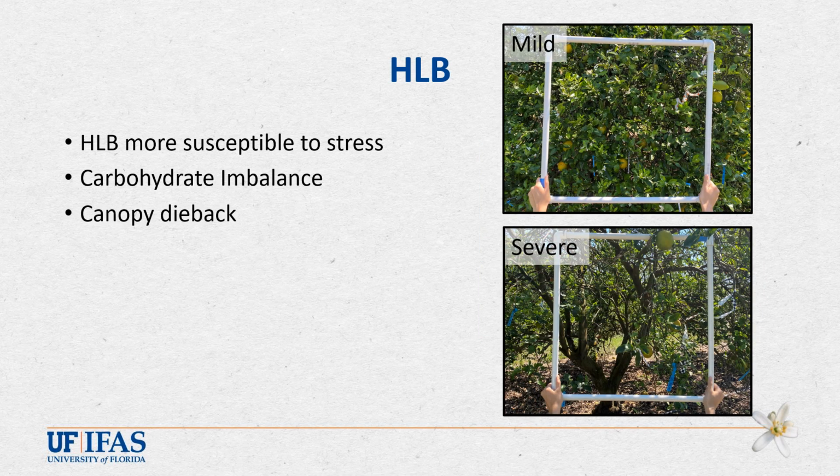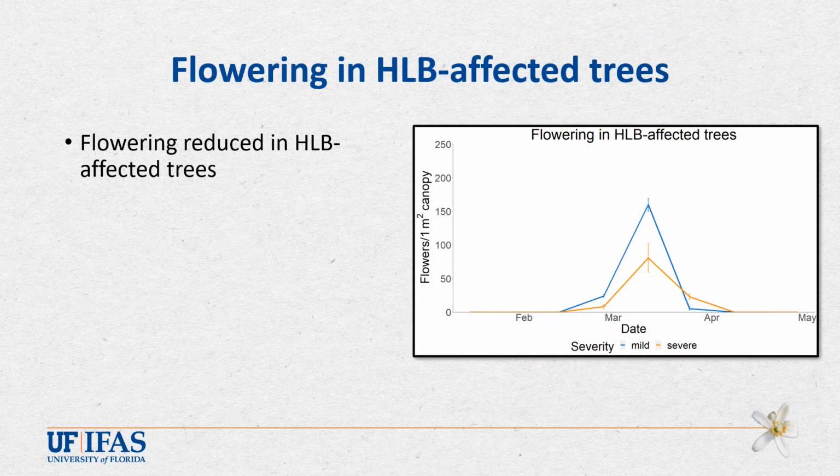We also looked at how HLB-affected trees experience significant canopy dieback. We then discussed how this canopy dieback reduces canopy density and volume, ultimately limiting the number of branches available to support flowering. Lastly, we discussed GA applications as a potential therapy for canopy recovery. The increased occurrences of secondary stresses, the carbohydrate imbalances, and the canopy dieback all lead to less flowering in HLB-affected trees, as we saw in this graph from earlier comparing mildly and severely symptomatic trees. When compared to healthy trees, the flowering window is prolonged, so you don't always see a sharp peak in flowering in HLB-affected trees.